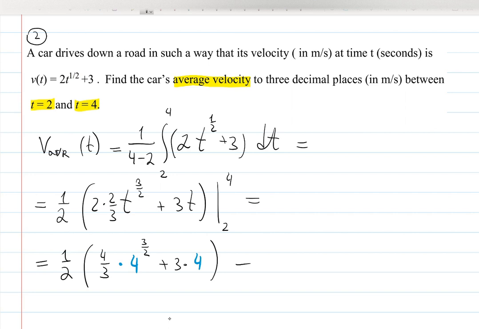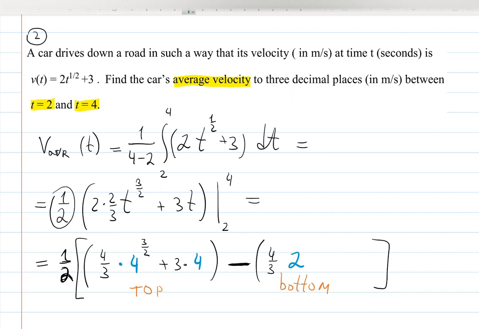If you want to factor out this 1/2, then put huge brackets outside and make sure that you have separately plugged the top and separately plugged the bottom of the limits of integration. Then don't mess up with parentheses because of this negative sign in the formula and because of the constant in front of everything. When I'm plugging in 2, I will have 4/3, but now 2 raised to the 3/2 minus, plus